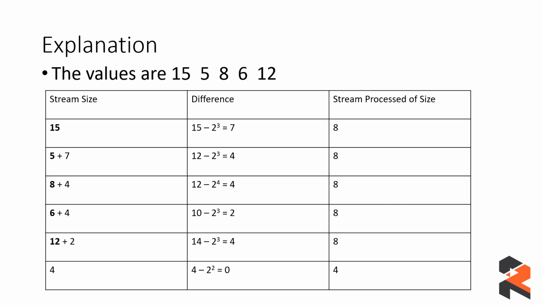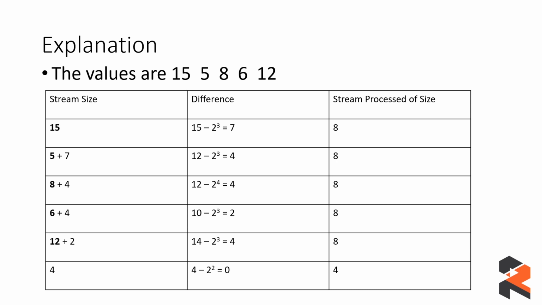of numbers, and then we have the difference calculated in the powers of 2, wherein we are finding 2 to the power n which is less than our stream size, and then the difference is passed on to the next input value, and this same protocol is repeated where we find the size of the streams processed and we output the maximum size of the processed stream.